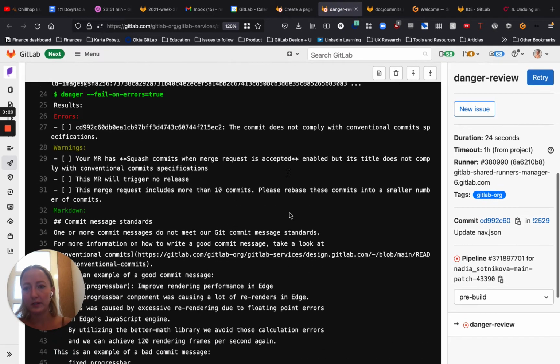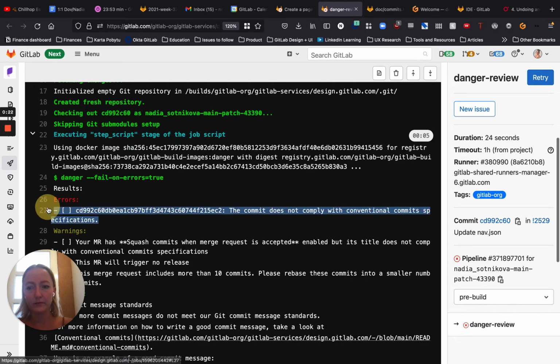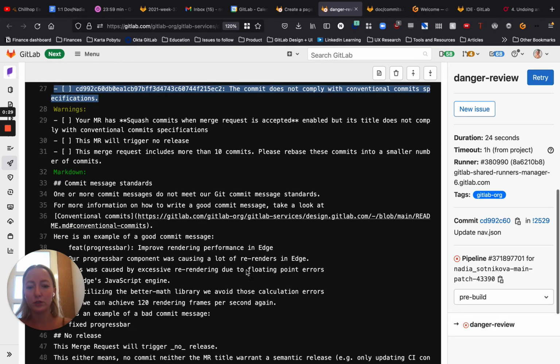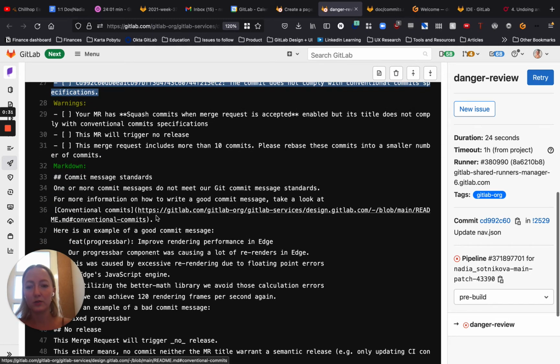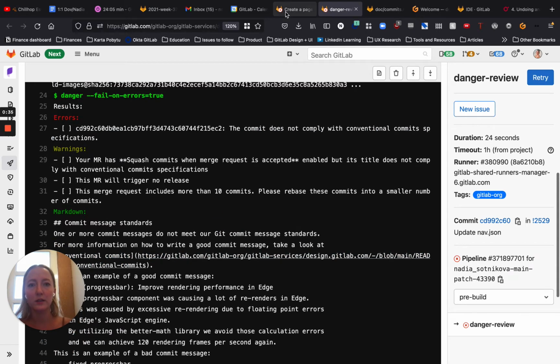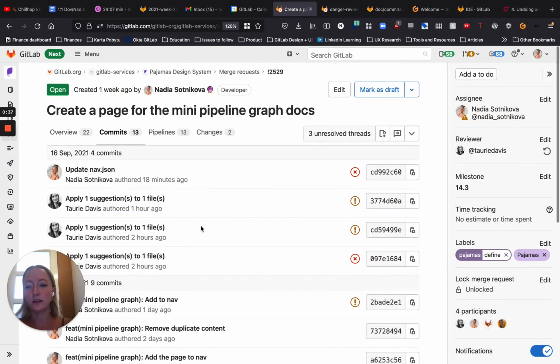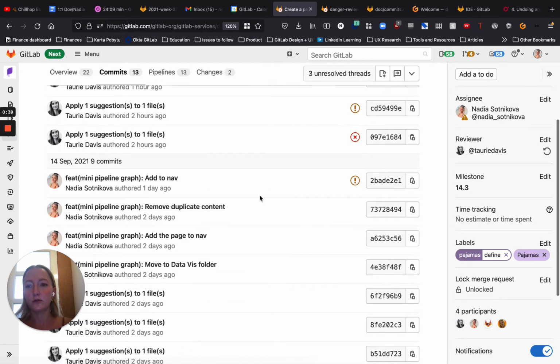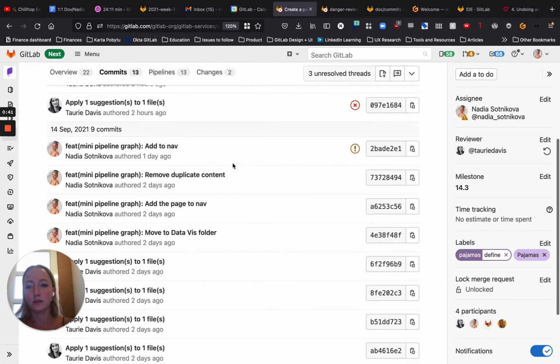we will see that the job is failing because the commit does not comply with conventional commit specifications. So you can check out what the specifications are by going to this link right here. It's provided to you in the logs, but essentially what it means is that your commits don't follow the guidelines or the necessary format. So they should be in this format,